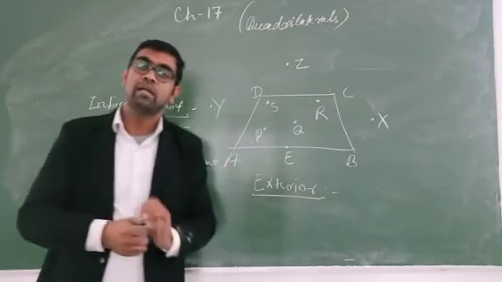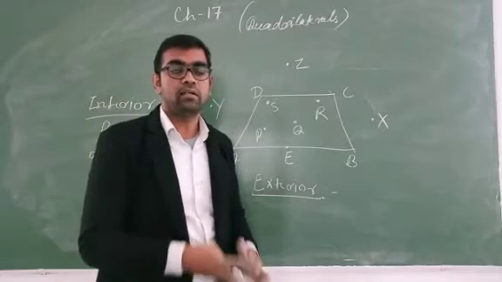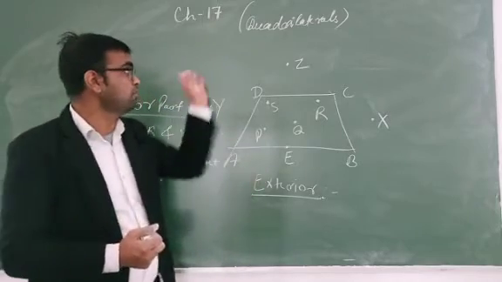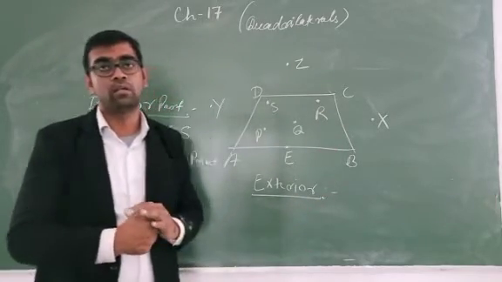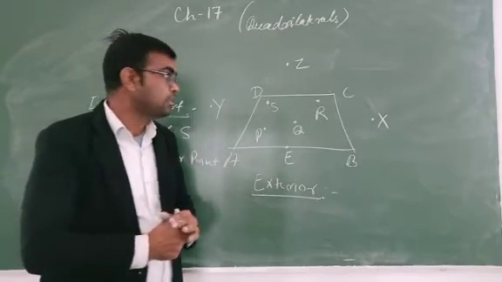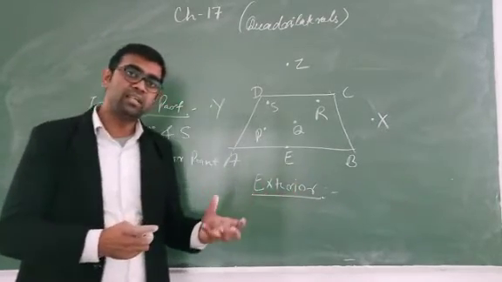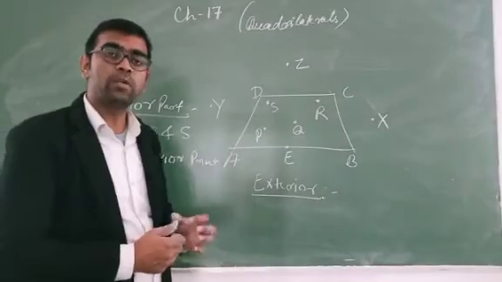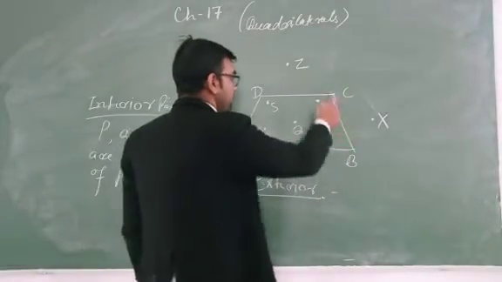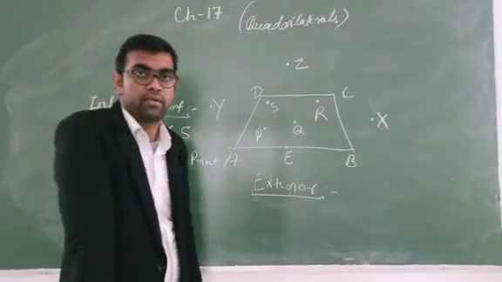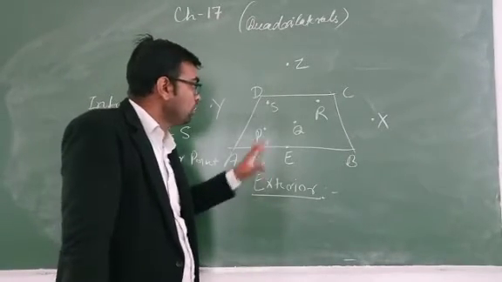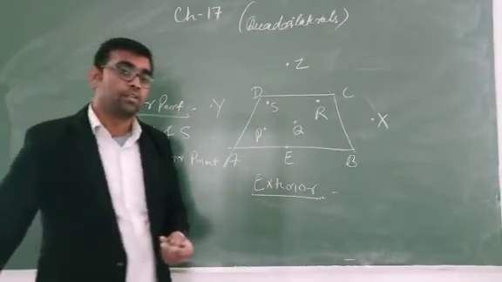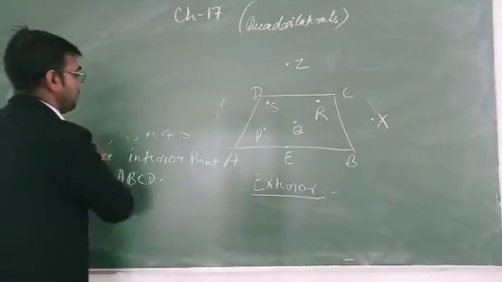So the interior of a quadrilateral: the part of the plane which lies inside the quadrilateral is said to be the interior part, the part of the plane which lies outside of the quadrilateral is said to be the exterior part, and the part which is neither inside nor outside is said to be the boundary. So this ABCD is the boundary of the quadrilateral. I hope it is clear. So you can do questions based on this.